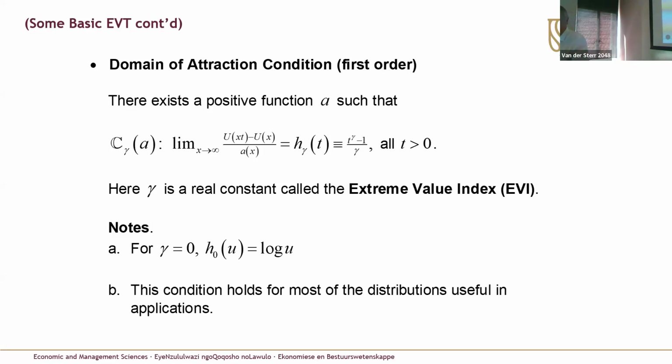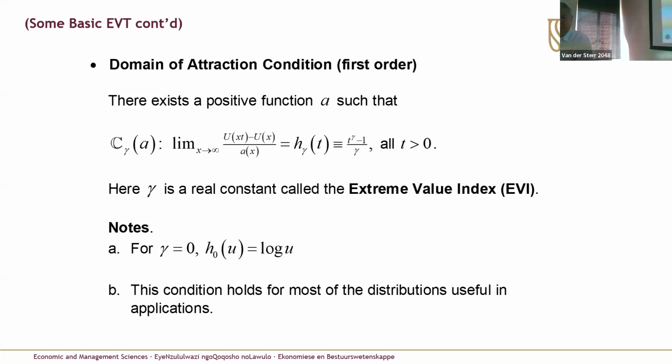This gamma plays a very critical role in extreme value theory. It's called the extreme value index, and it's a real constant. So it can be positive, it can be 0, it can be negative. And what we're going to do is to say, well, if you remember that U1 over P is Q1 minus P. So if we think of XT as 1 over P, okay, then we essentially have Q1 minus 1 over XT there. So that's very far in the tail.